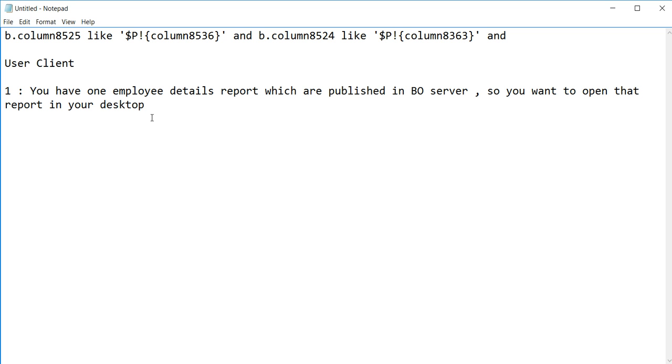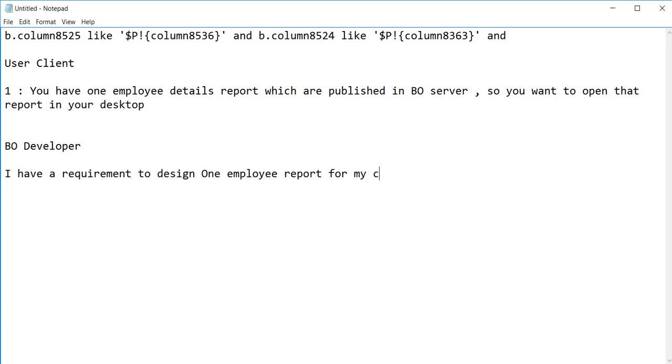But as a BO developer, I have a requirement to design one employee report for my client, and the client wants to access that report on his laptop.